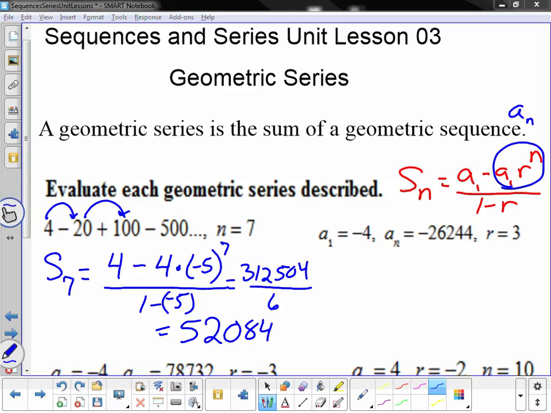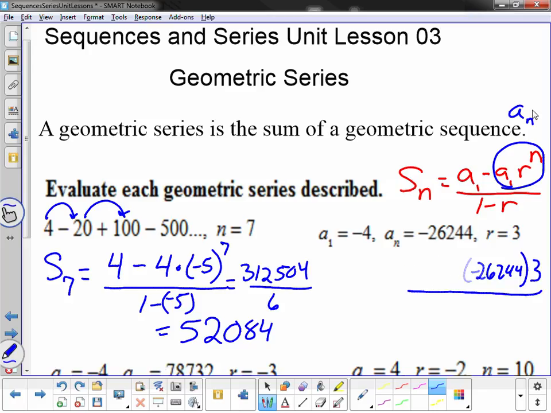Okay, thinking's done. This is a sub n times r. So I could change that problem to say that the s sub n is the first term minus the last term times the common ratio over 1 minus the common ratio. Okay, so in this case, my s sub whatever, I don't know what it is, I'll just leave it as n, is negative 4 minus negative 26,244 times the common ratio of 3 over